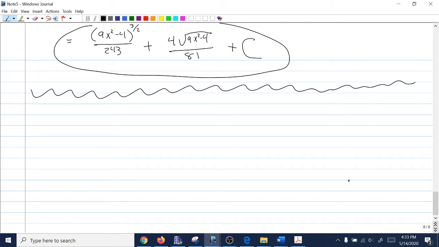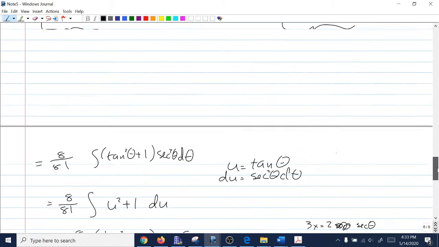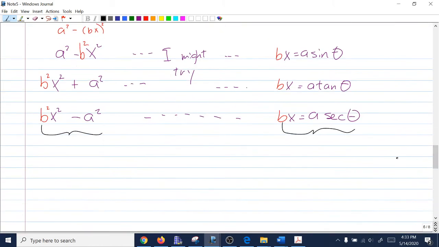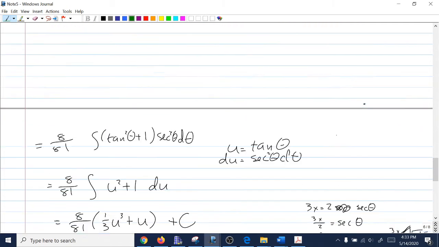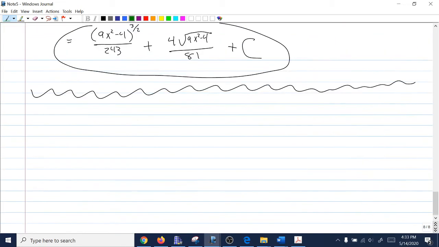I should point out, I say that when you see this, you should try this substitution, and you might try it at any time, but it's especially good if you see it inside a square root. This shows up in applications a lot, square roots of stuff like this. But when you have it inside a square root, the thing you end up with after you do the simplification is always a perfect square. So the square root goes away, and it's great. It not only turns the sum into a product, the product is a square, and it'll kill a square root that was outside there. So those are the best possible situations for a